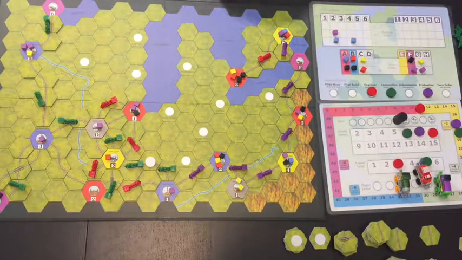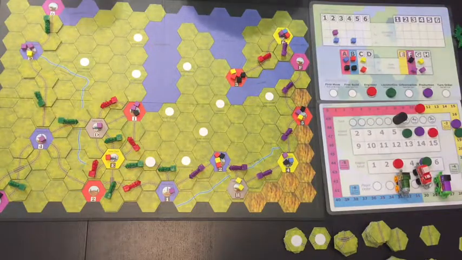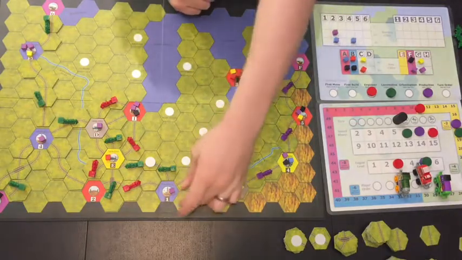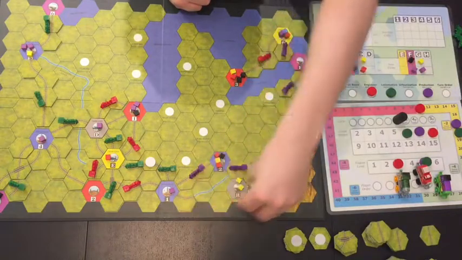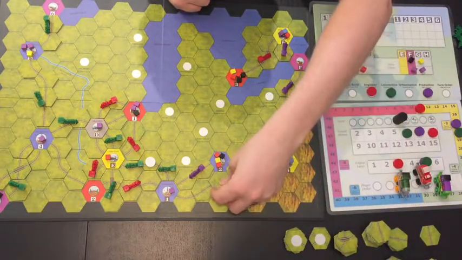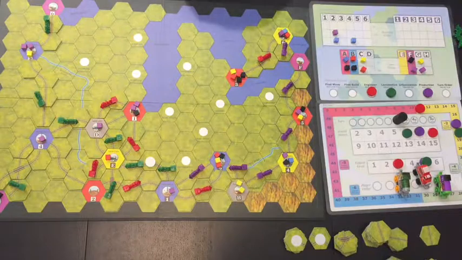So that's the green player. Then it's going to be the red player who can build 4 track. So he's actually not going to build 4 track, he's going to build 3 track. So this is a bit of a miscalculation, but he's going to build 3 track, and the reason it's 3 is 3 on river. Okay, and then he's going to build and try and bypass this here. Okay. And then it's the purple player